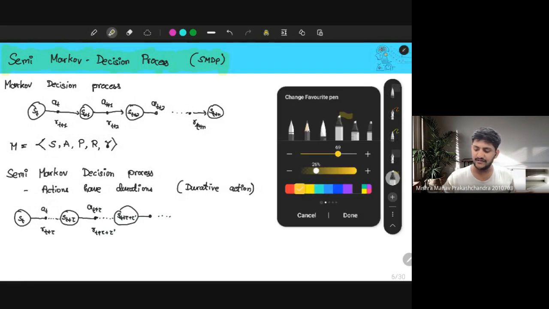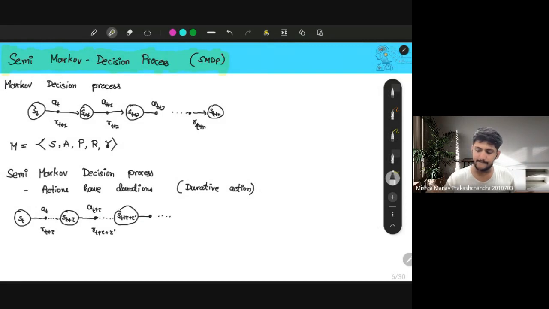Let me color this. This is the Markov decision process. This is a semi-Markov decision process. Okay, so this is the important differentiation, that the actions have durations. Okay,